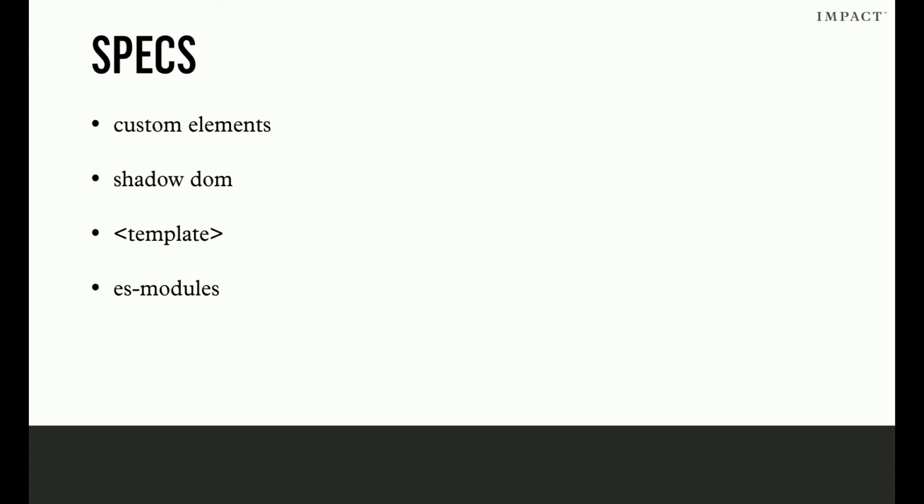Then there's shadow DOM, which gives us encapsulation, so we can have styles from outside not leaking inside, and inside not leaking outside. So we can actually have stylable components, and you can drop them anywhere and be sure that it looks how you want them to look. Then there's the template element, where you can put some kind of DOM elements into your DOM, and they have no effect until you actually take them out of the template tag or clone the template tag and use the